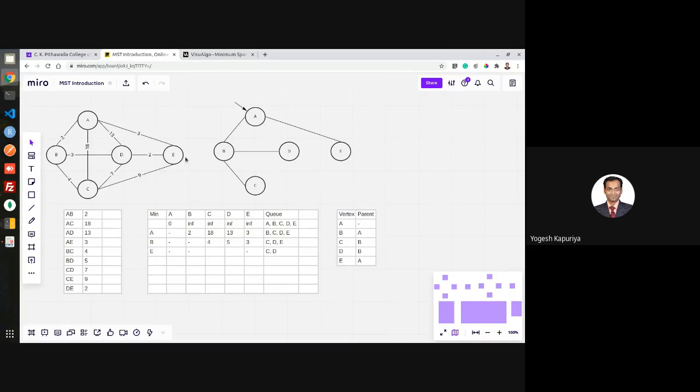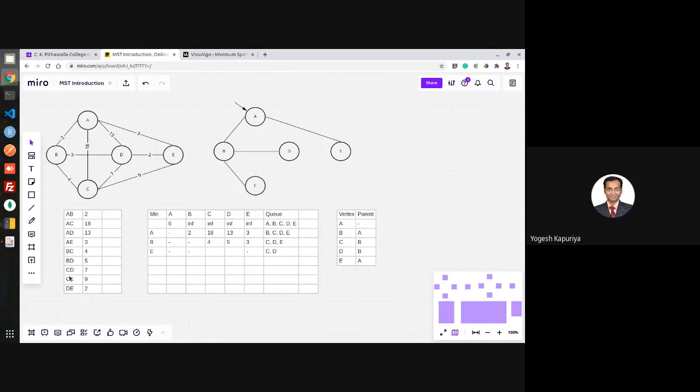Again, check the endpoints of E. If you check the endpoints of E, then there are 3, AE. The other endpoint is A. A is not part of Q, so no need to look at this edge.